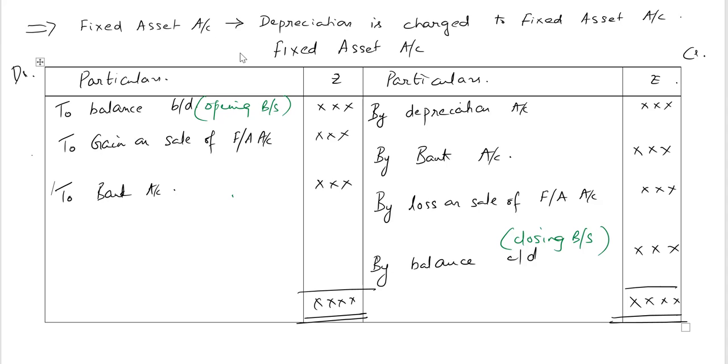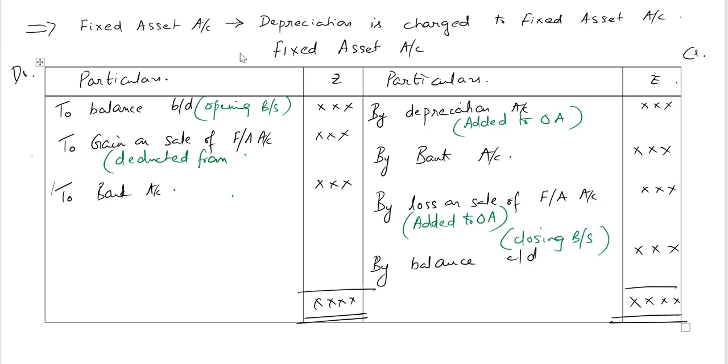Any depreciation has to be added to operating activities. Any loss on sale of fixed assets account has to be added to operating activities, and any gain on sale of fixed asset account has to be deducted